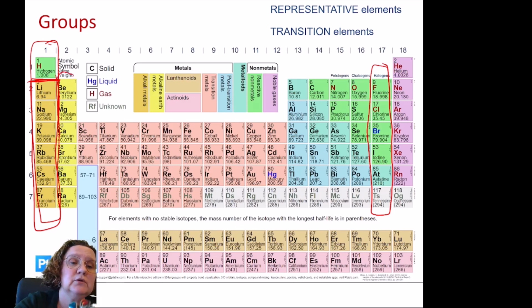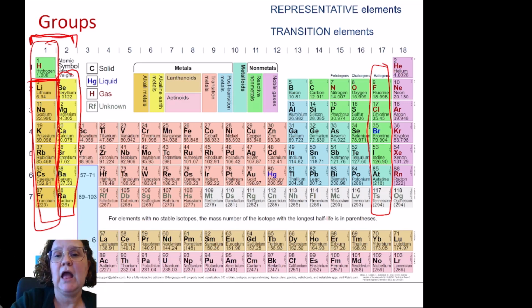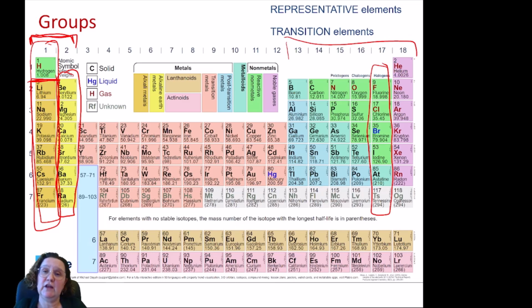Group 2 here, headed by beryllium, are the earth alkalines. Belonging to a particular group or a particular family means that you have similar properties to the other elements that are part of the same group. We call the elements of groups 1 and 2 and 13 to 18 the representative elements,